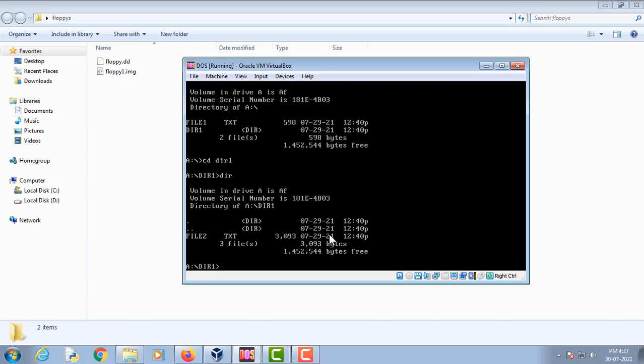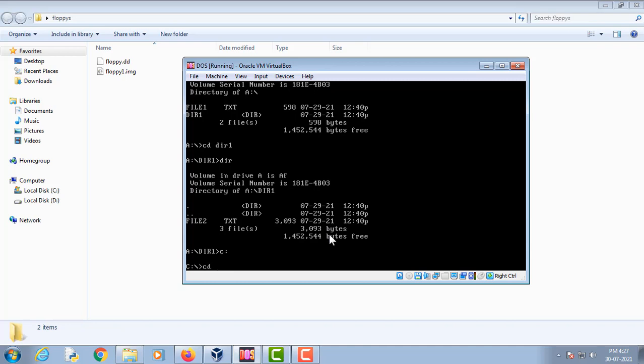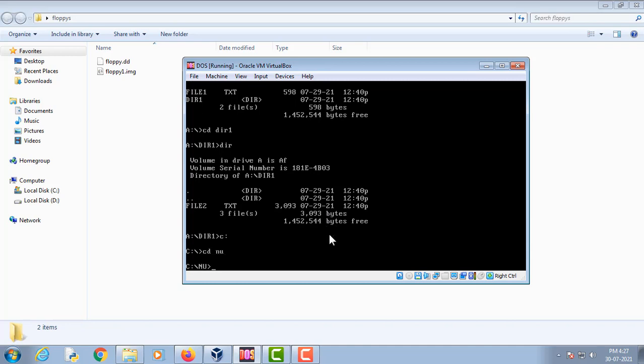First of all, let me show you how this directory and this file look in the disk editor, so that we can compare the before and after changes, and we can recover these files by reversing those changes. So let us go inside the disk editor.